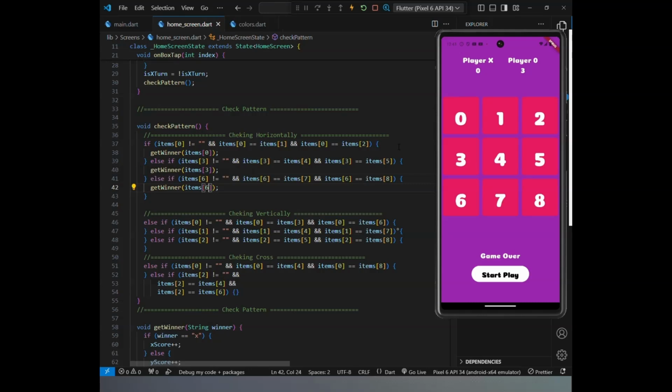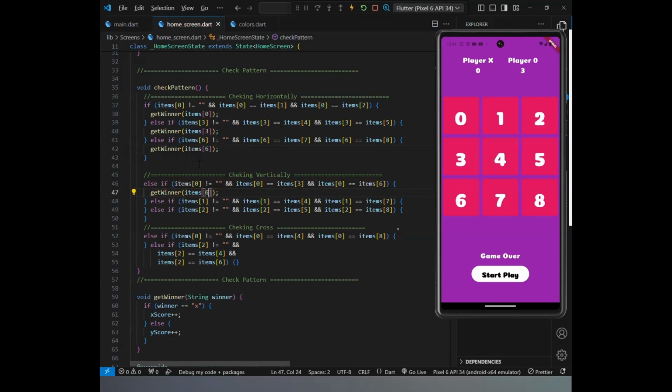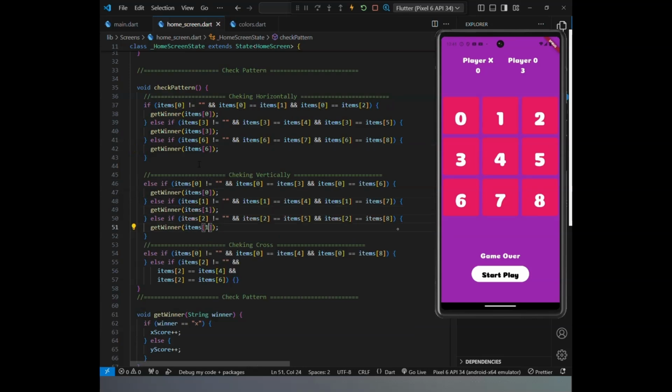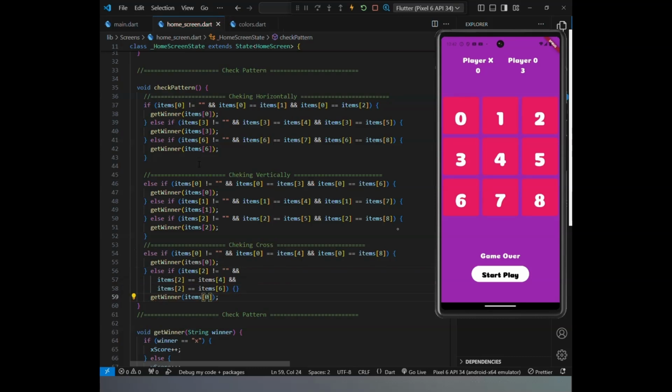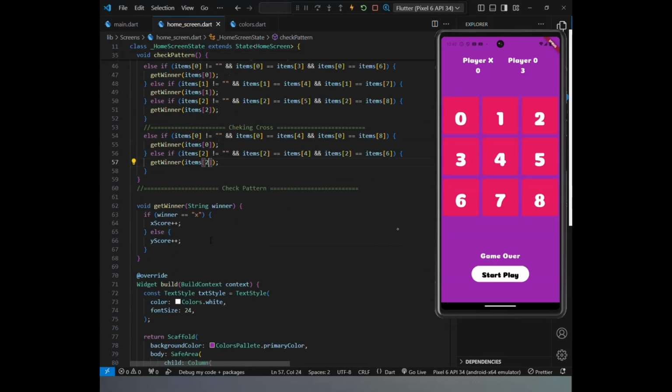In a traditional 3x3 grid, the winning conditions are straightforward. There are 8 possible winning lines. These consist of 3 horizontal rows, 3 vertical columns, and 2 diagonals. For each of these lines, the game must check if all 3 positions are filled with the same player's mark, either X or O. If any of the lines meet this condition, the game should immediately declare that player the winner. Once a player wins, no further moves should be allowed, ensuring that the game has a clear and unambiguous